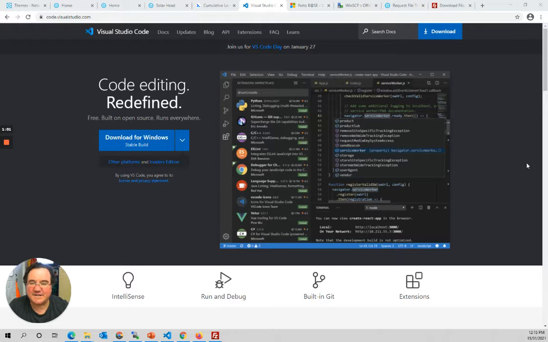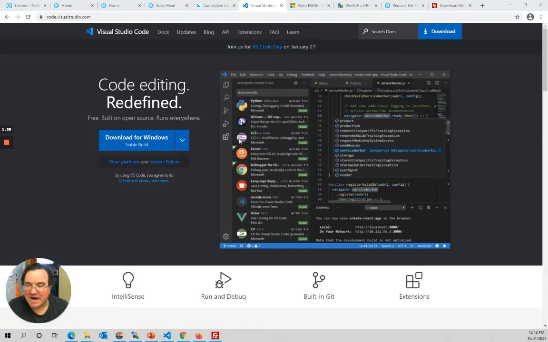But to download it, I will place links to these tools in the description somewhere below this video or to the side of it or wherever. So you can just go there, or you can just Google for the tool and you'll probably find the pages. So first of all, Visual Studio Code, it's free, and you should land on a page something like this maybe,